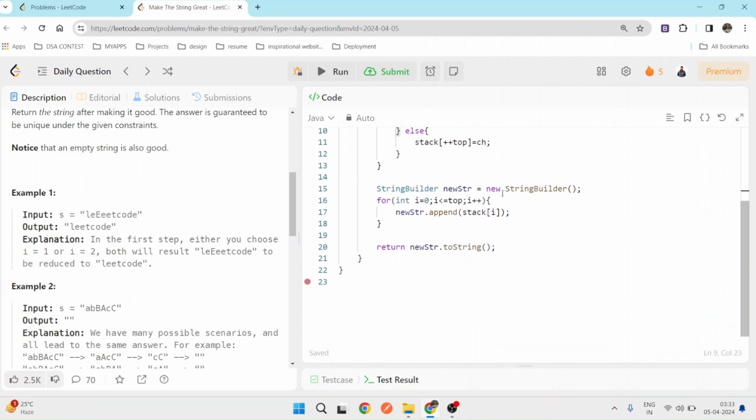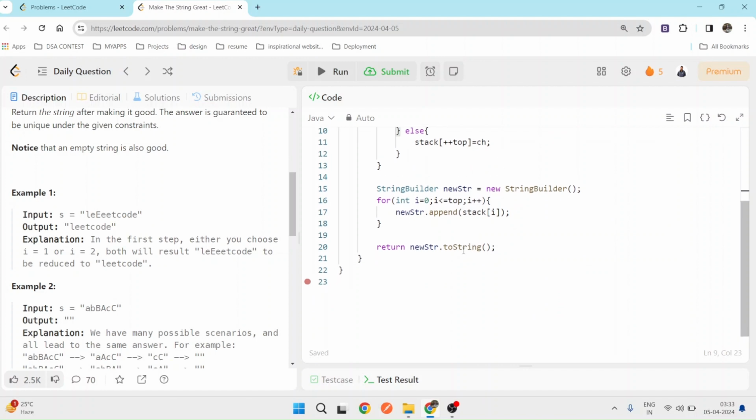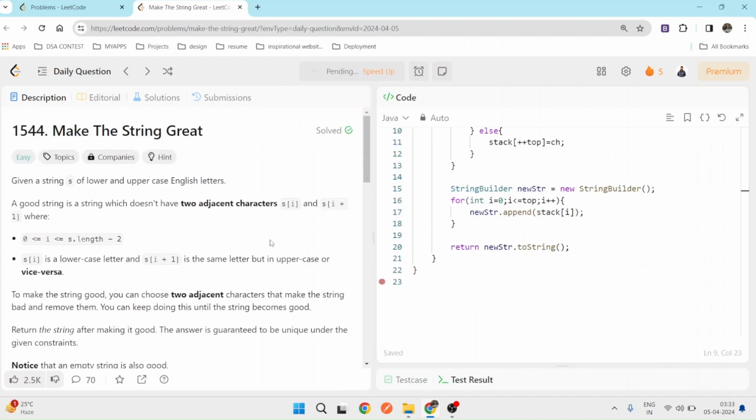After this, we create a new StringBuilder to add the characters of the stack in string form, and we return the string. So we will submit it and see the result.